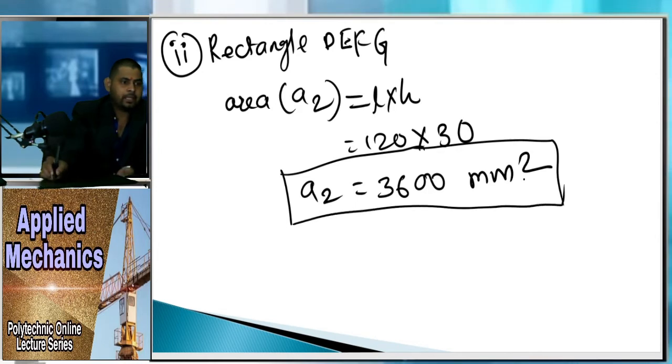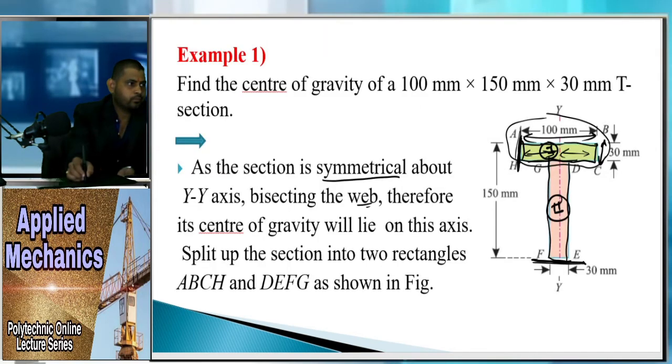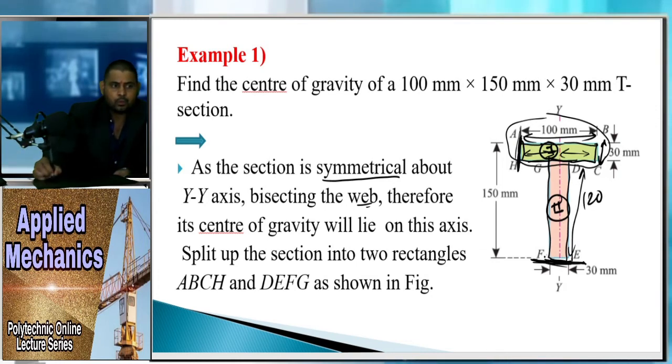So after finding the area 2, you have to find out the y bar or center of gravity. So here y2 is equal to, now see here, we have taken a from the bottom line, right? So what is the value of this? This portion we don't have to consider right now, we have to consider this much only. So here 150 minus 30, so this is our height, right? So this is the 120 and this is our x-axis, so we don't have to take this 30, so 120 divided by 2, that is the h by 2.